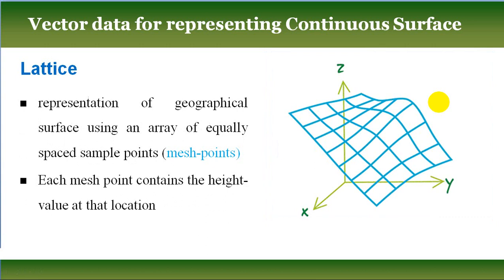Now, for better representation, I show you this lattice in a three-dimensional environment. Where point height is less, something like this, and where point height is gradually increasing, such a 3D view is there. Such a lattice is also called a fishnet. Most of you have already seen a fishnet. Such a fishnet structure we can also use in vector data by storing mesh point data at a regular, equal interval.